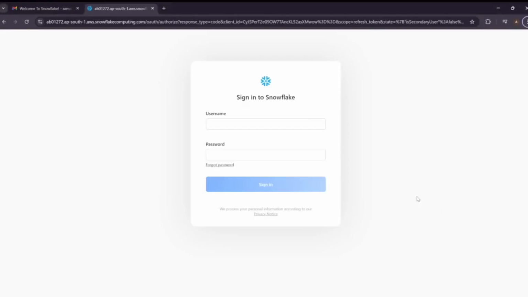Hello and welcome to the Academy. In the previous video we set up the free trial account for Snowflake. In this video we are going to overview the Snowflake UI. We'll check out different options available in the Snowflake UI, which is going to help you in the